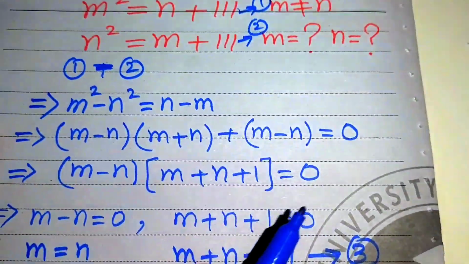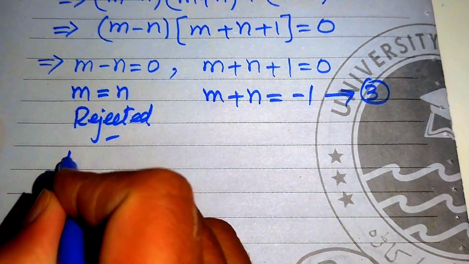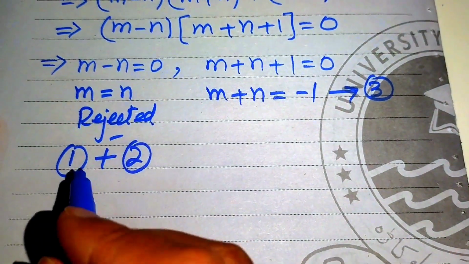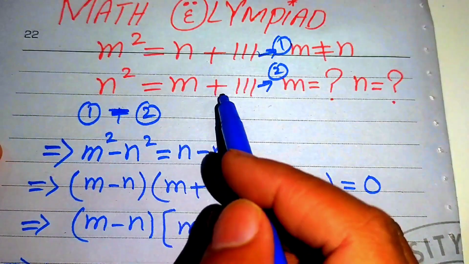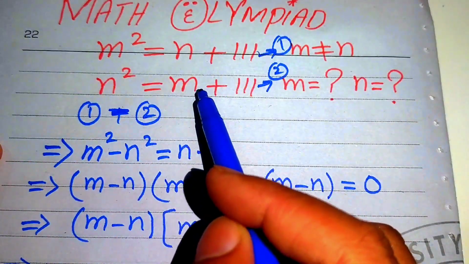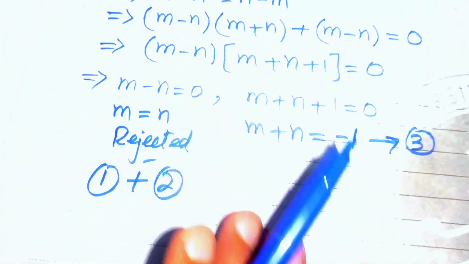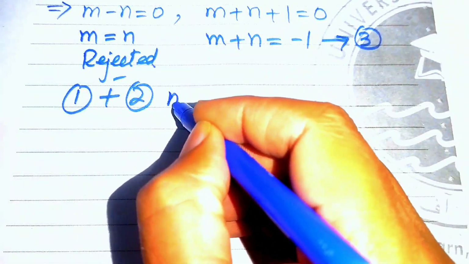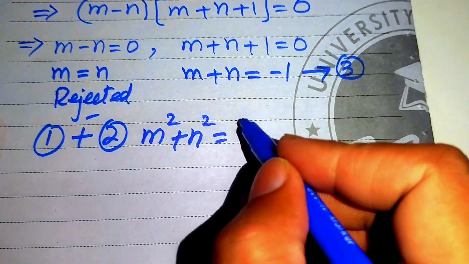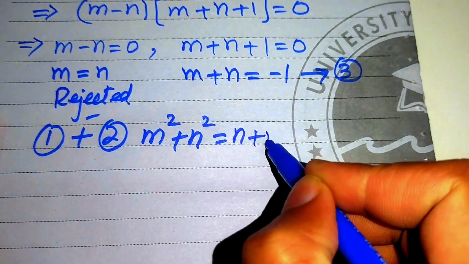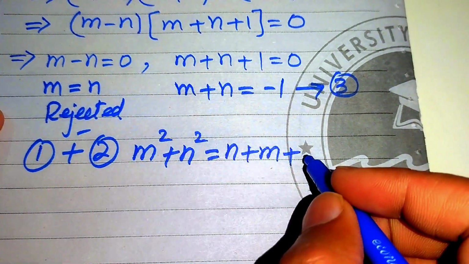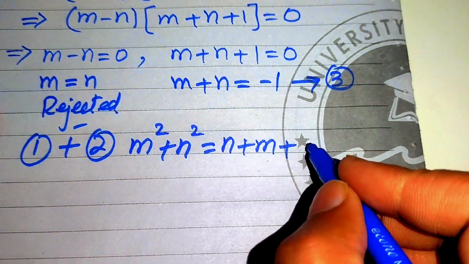When we add these two equations, it means that we add the left hand side to the left hand side and the right hand side to the right hand side, so it will be written as m square plus n square equals n plus m plus we add 111 plus 111, so it will be equal to